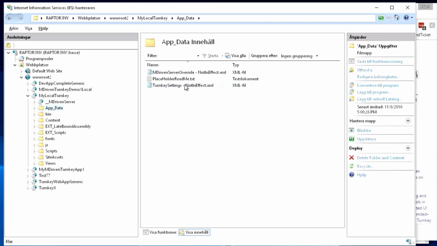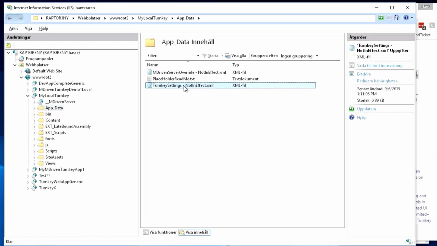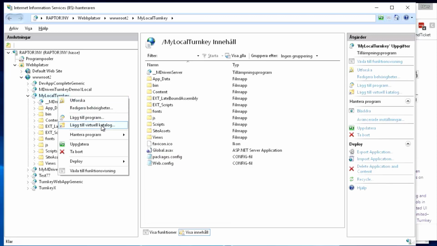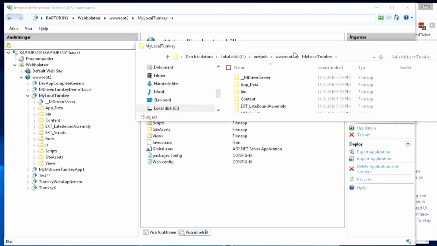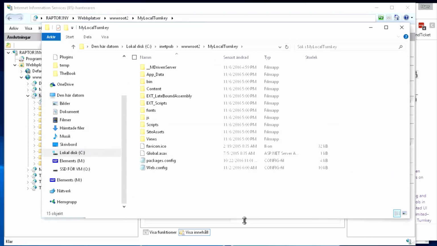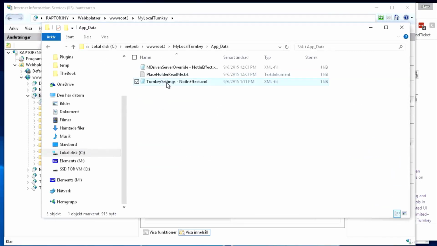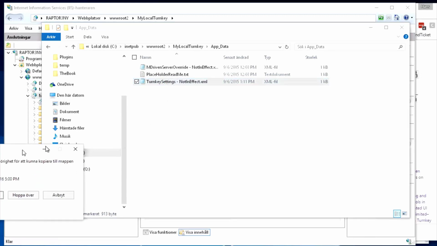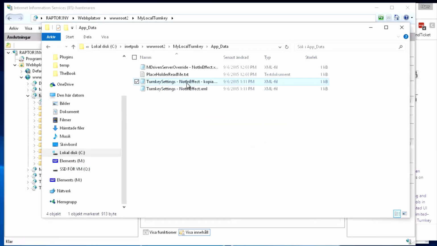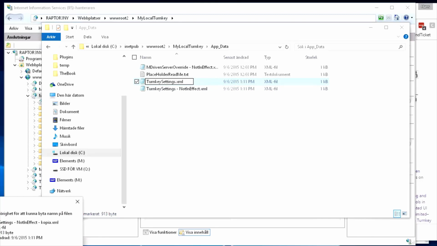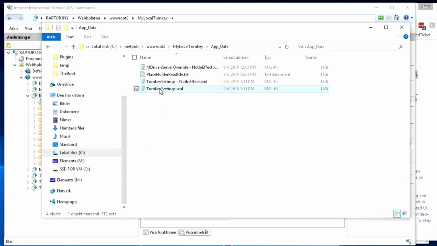So I'm going to go to the app data of my local turnkey, and there's a template file there already that I need to put in effect by copying it. Turnkey settings, it's the correct name, like that. And now I can edit it,